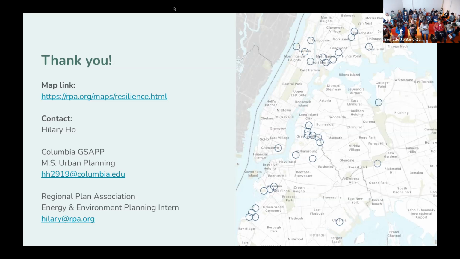Is there a thought to making the shapefile available as well? Yeah, I think I will need to talk to the RPA data research manager about that. To me it is really important to have people be able to download shapefiles and use the data set that we made over the summer for their own uses. So I think that's something that I want to happen for sure.